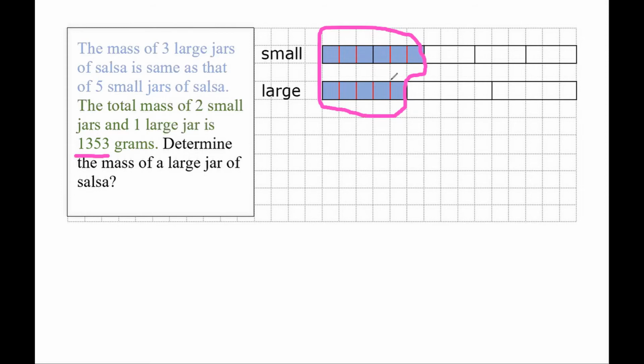So now I would like to know what's the weight of 1 little square. And by 1 little square, I mean this piece. So altogether, what I have circled in pink is basically made of 5 from the large jar and 6 from the 2 small jars, and 5 plus 6 is 11. So basically the green sentence in the question tells me that 11 squares have a mass of 1,353 grams. So one square must have a mass of